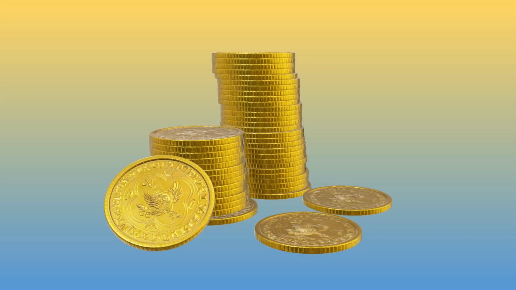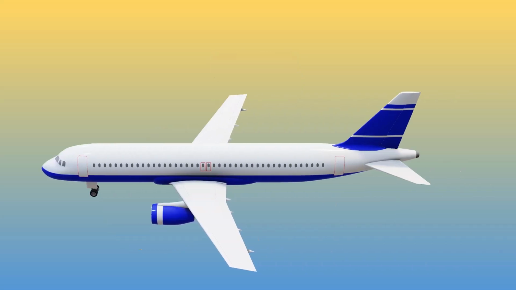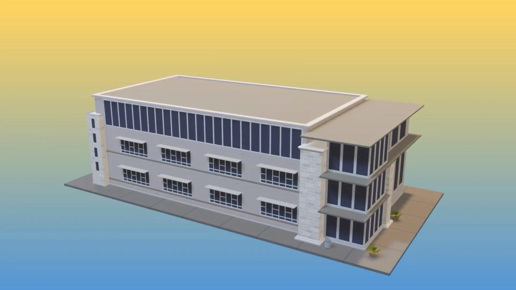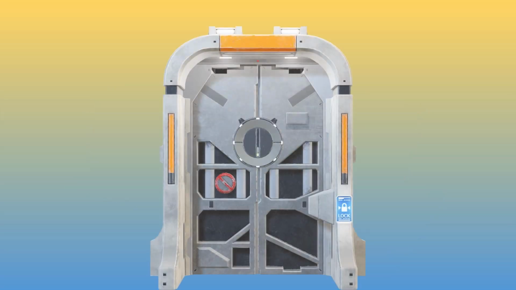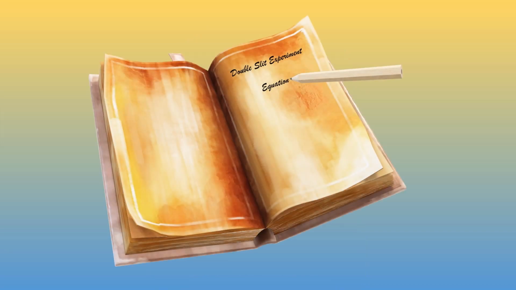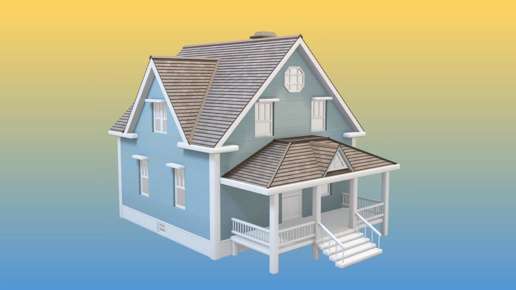By having an equation, you will not have to dig into your savings to fly yourself to the secret lab where the scientists perform the double slit experiment. Where upon arrival, you will have to badge in through a secured entrance into the lab. Having this equation will enable you to simply predict the double slit experiment results from the comfort of your own